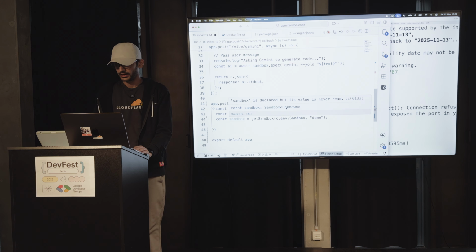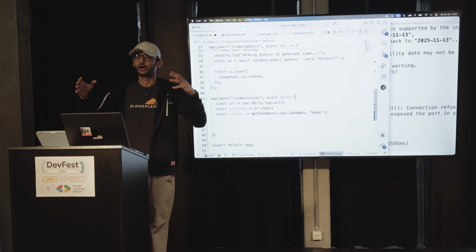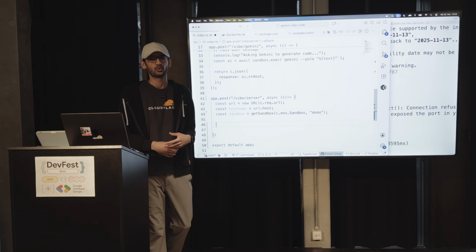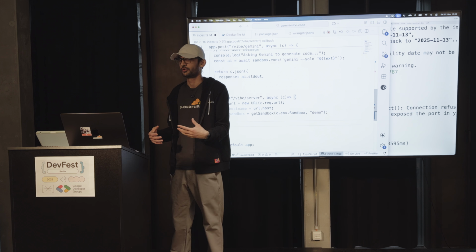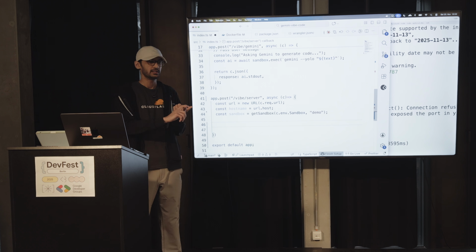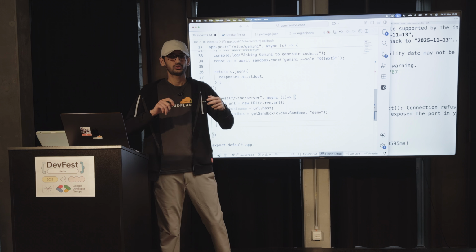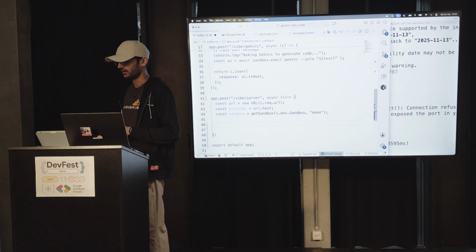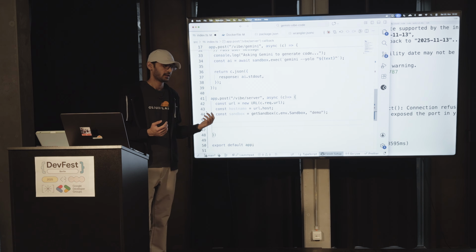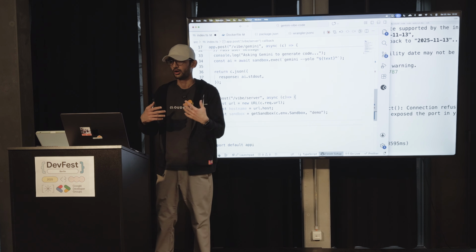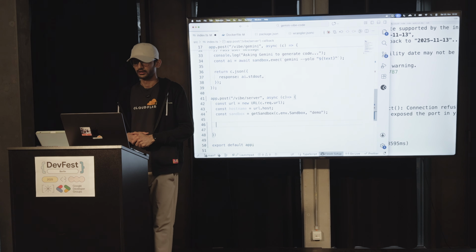The next step I want to do is provide Gemini with an already bootstrapped project, because I don't want to waste my tokens for Gemini to just bootstrap the project. A, it is going to waste tokens. B, it is going to take some time. And third, in my experience, AI still has legacy information, so it would not use the latest packages, the latest ways of how you would bootstrap an application.